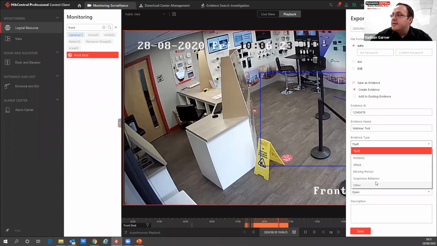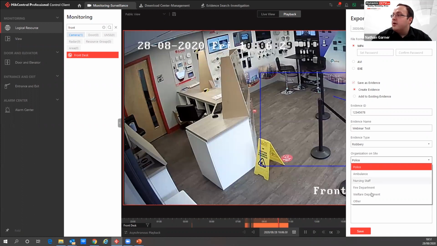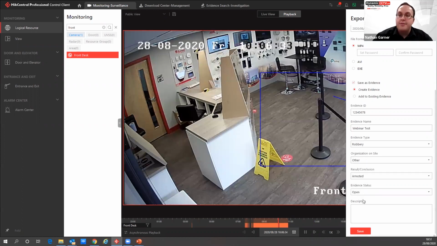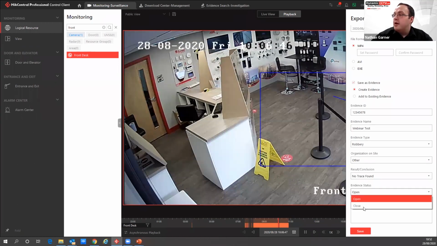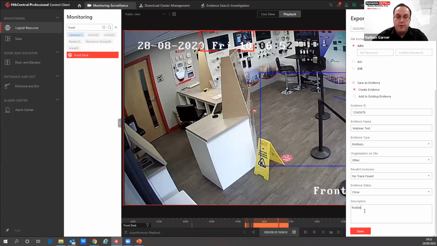And for the evidence type, I can set it to robbery if I wanted to, and the organisation I can set to other, but those can be changed or your own ones added in as you see fit on the actual system. And for the results / conclusion, I can set that to no trace found, evidence status set to close, and then I can put in the description, robbery took place, individuals escaped. And spell it there. So if I then click on save,